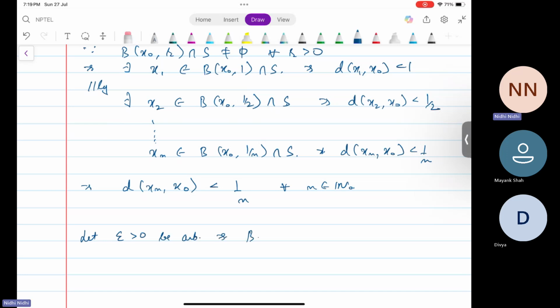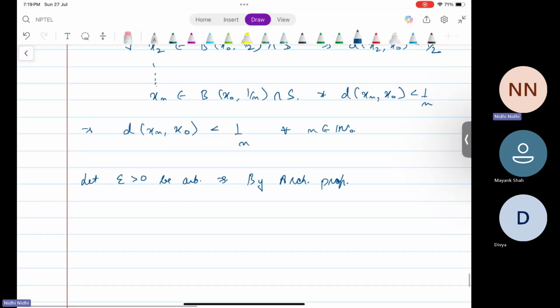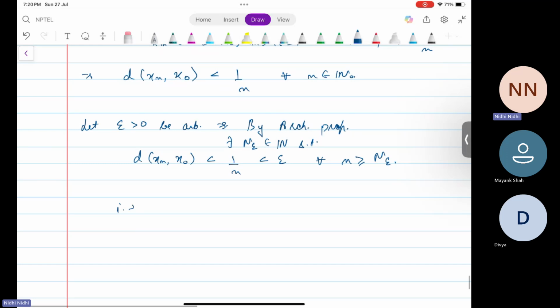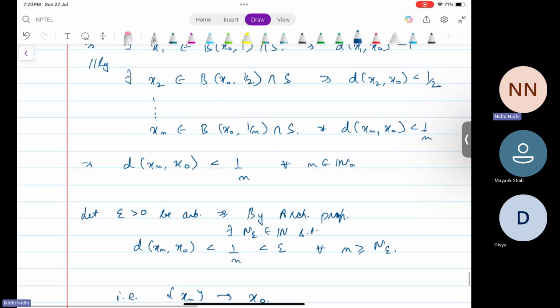This implies by Archimedean property, there exists some n epsilon in N such that d(xn, x naught) strictly less than 1/n is strictly less than epsilon for all n greater than or equal to n epsilon. That is, the sequence xn converges to x naught,